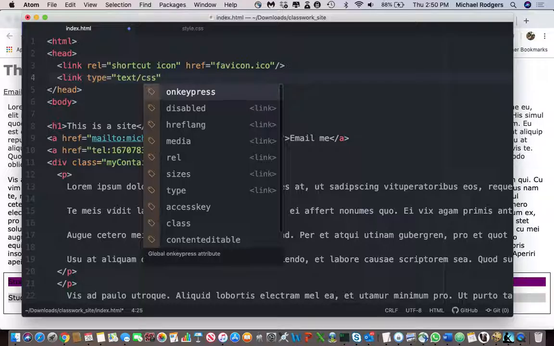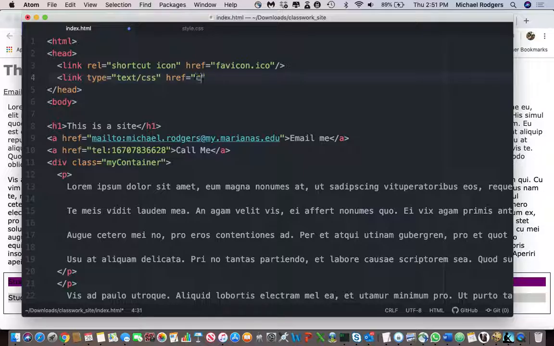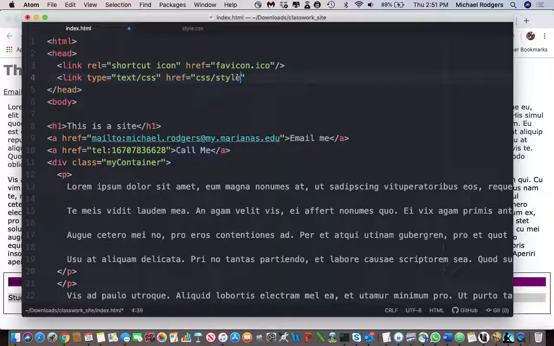My CSS folder also sits at the root, but that folder has the style sheet in it. So use my reference icon. I'm going to say CSS slash, oh, you're not going to give it to me? Well, style.css,